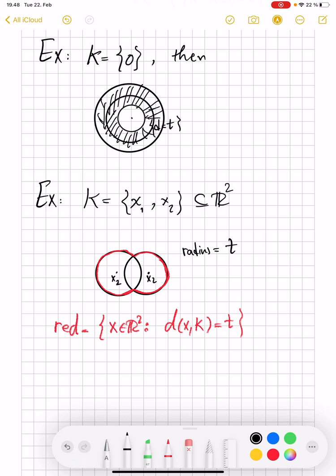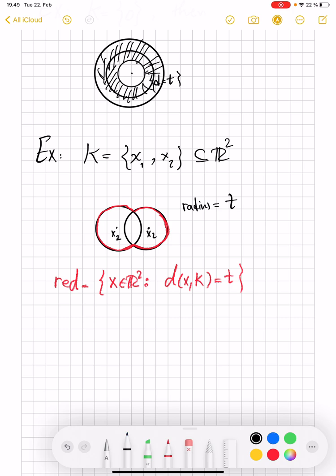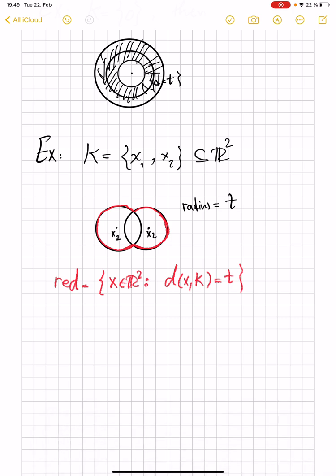The parts of the circle we don't pick are because there, in fact, the distance is less than t, because those points are closer than t to the other point from K. Another observation which will be useful to make at this point is that except for these 2 points here and here, it looks like a smooth, nice manifold, but in those points there is this break, and we will see that in general those points do not occupy too much area. They form a null set,